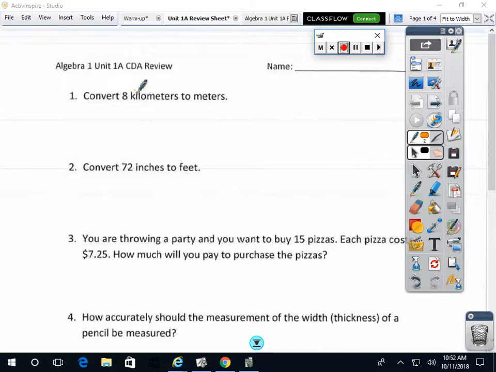Number one, convert 8 kilometers to meters. You can do this one two different ways. We can do a conversion chain like we've done for all the other ones. We would start the conversion chain with 8 kilometers. Then you would multiply by a fraction. Since kilometers is in the top, we would put it in the bottom. We're trying to go to meters, so I would look at all my conversions on my paper that you'll be using tomorrow. And I will say, right here it says that